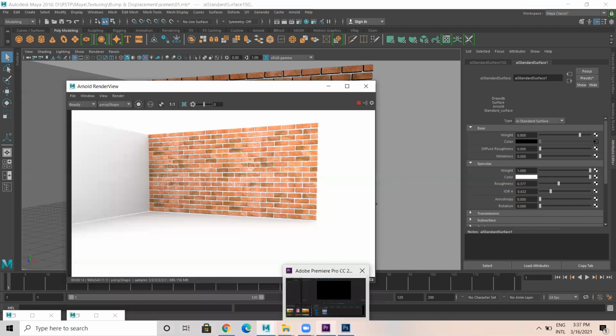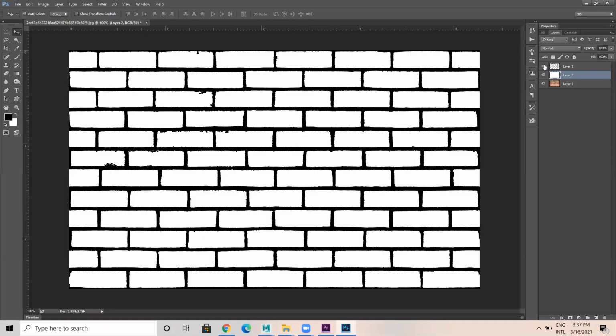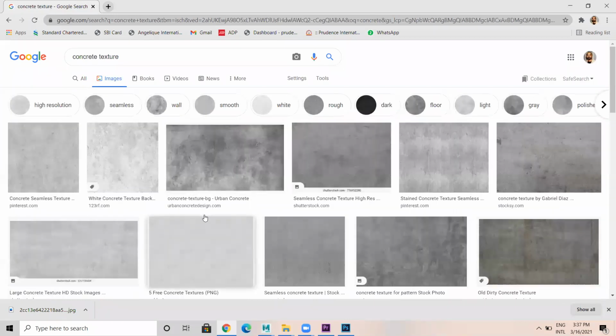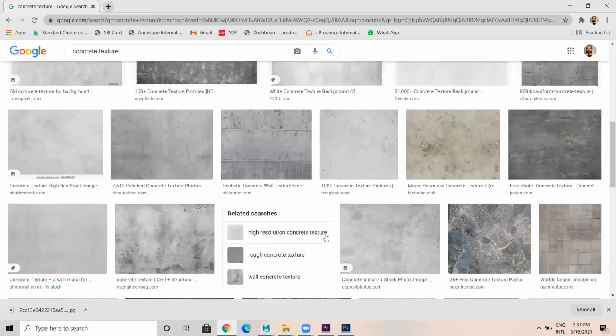what I'll do is I'll go to Photoshop. Okay, I need a concrete material, concrete texture I'll take. Okay, I'm okay with this.